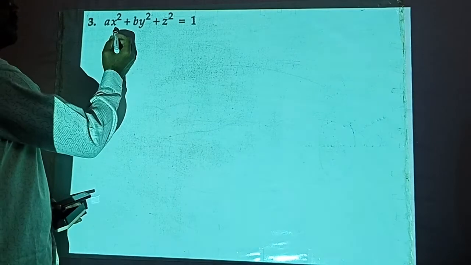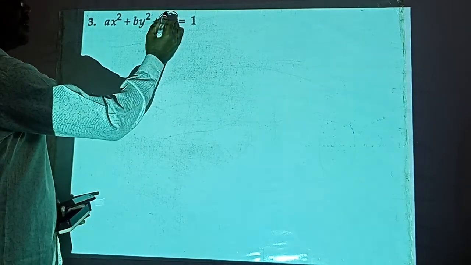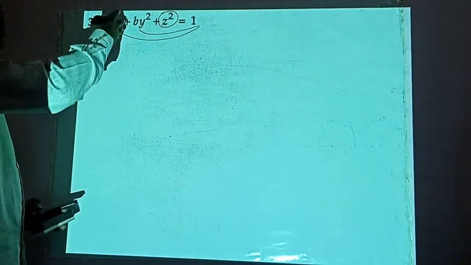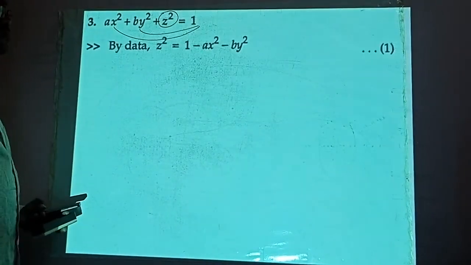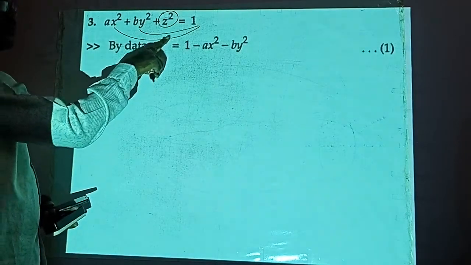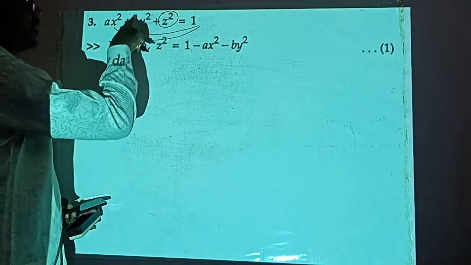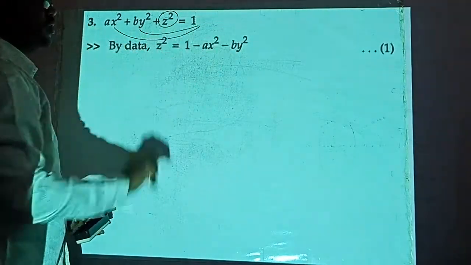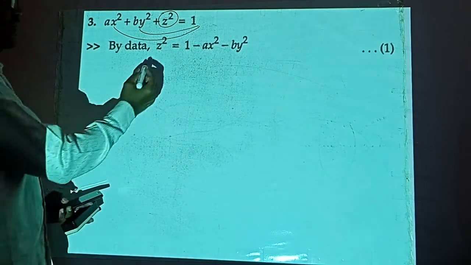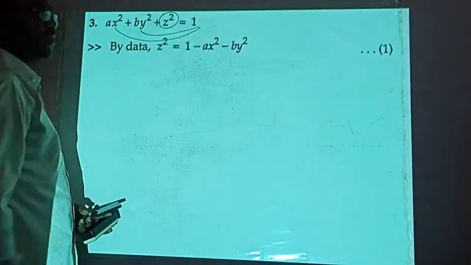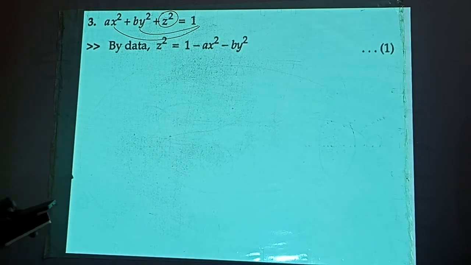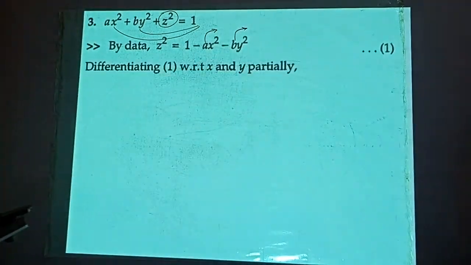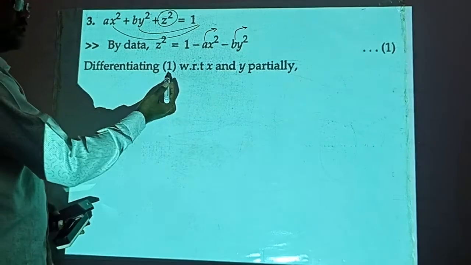We need to express z square as a function of x and y. We need to take these things to the other side. So z square is equal to 1 minus a square minus ax square, then minus by square. Now it is clearly seen that z square is depending on x and y. Now what we have to do, we need to eliminate our a and we need to eliminate our b. Differentiating partially with respect to x and y,